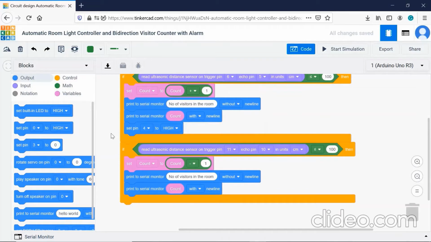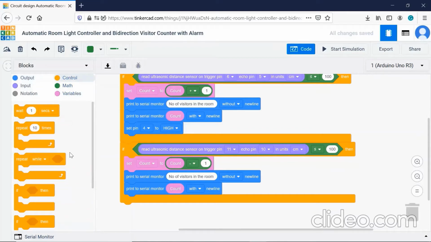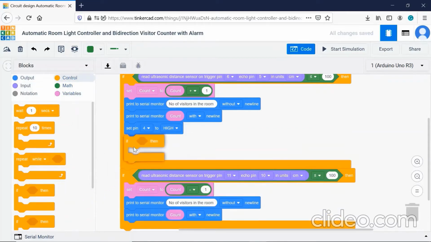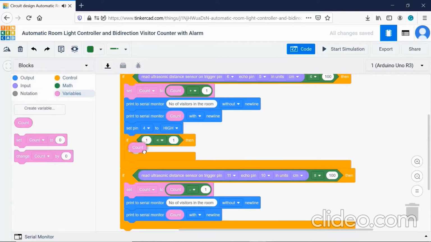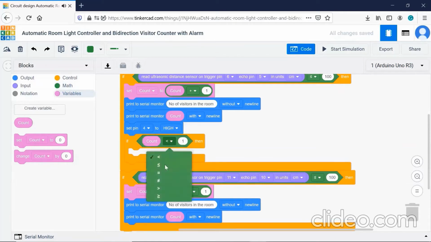Here we have to also check one more thing, that if the count is exceeding a certain limit, then we have to switch on the piezo speaker. So let us write a condition for that also. If count is greater than a certain limit, for demo purpose let us keep it to 5.